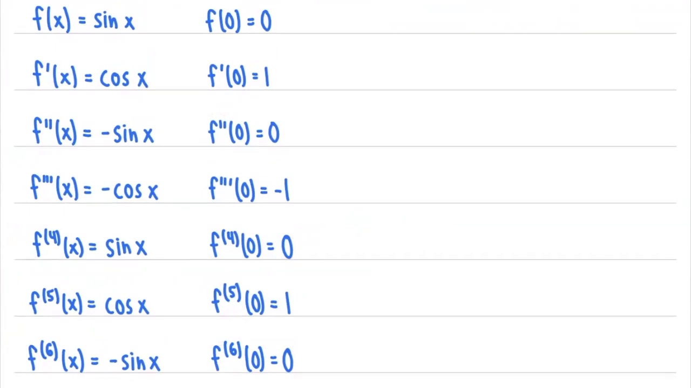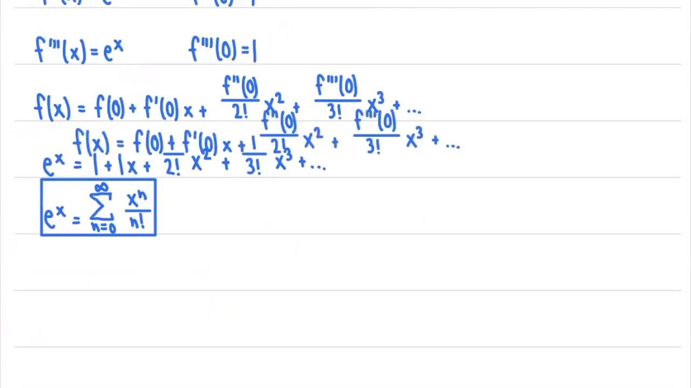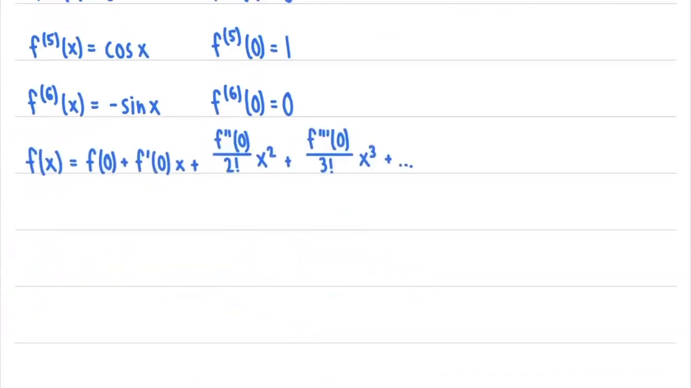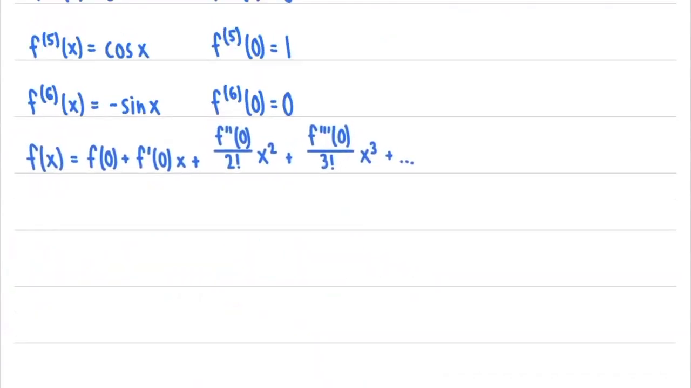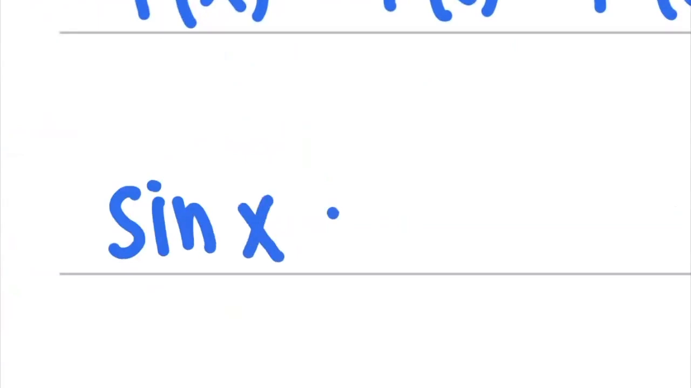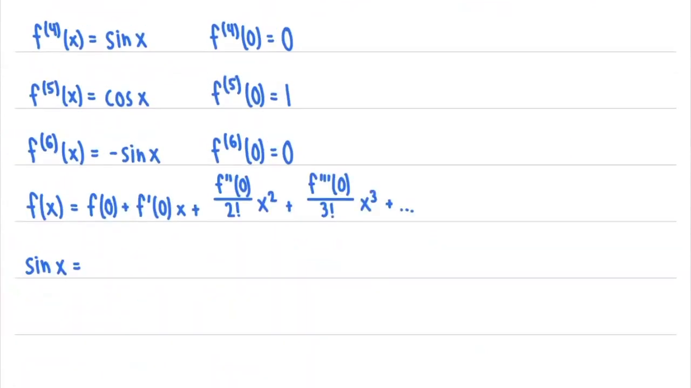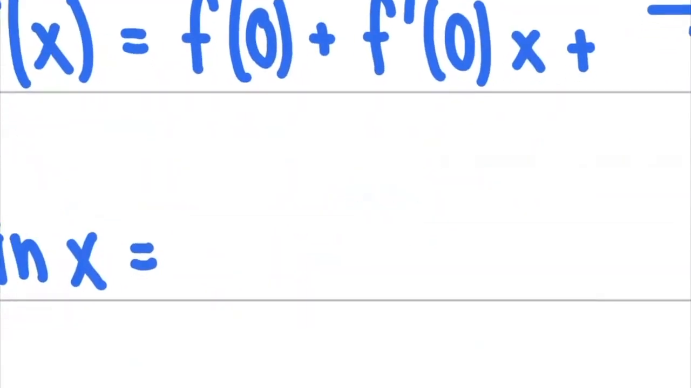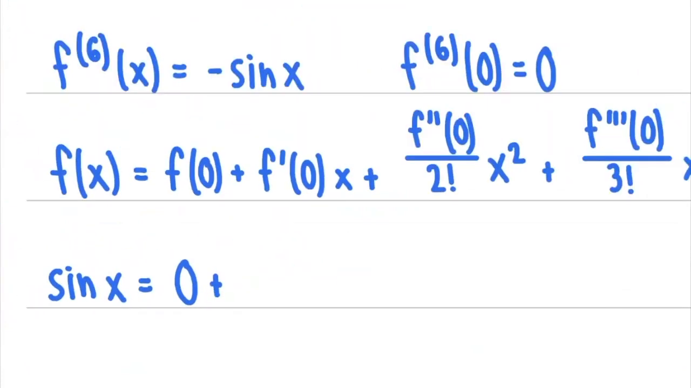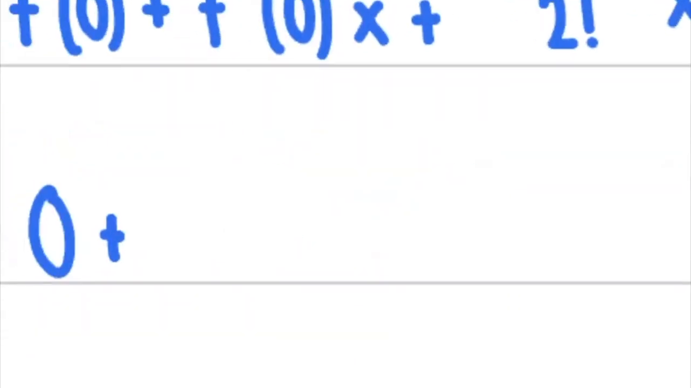So I'm going to bust out the Maclaurin series formula just like last time. So let me just duplicate this. And I'm going to plug everything in. So f of x is just sine. f of 0 is 0. I'll just write it out. 0 plus, and then f prime of 0 right here, that's 1. So we have a 1x